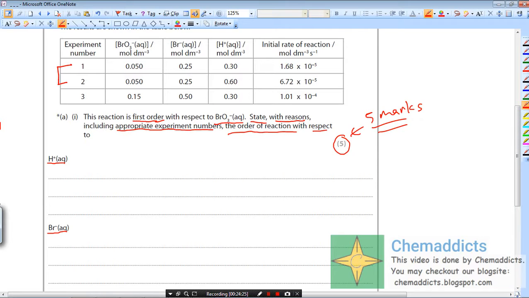Here the bromide is kept constant, but the H plus ion is doubled. Since this is doubled, the initial rate also becomes 4 times. It nearly becomes 4 times. So the order for